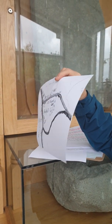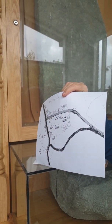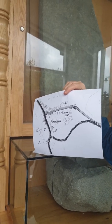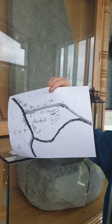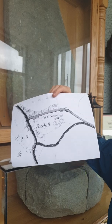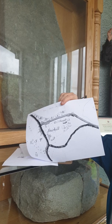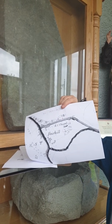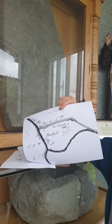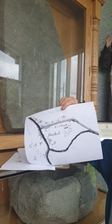Okay. Now the map shows that there was a Catholic church here in 1838. The bits of folk record that I got, and I think Ignatius Burke, I don't know if any of the Burkes are here, but Ignatius was collecting a lot of the local lore, and he put it together in bits and pieces. He suggests that this church was built in 1848. Okay? 1848 is quite significant because in that period we have the suggestion, now I think the church was here already,